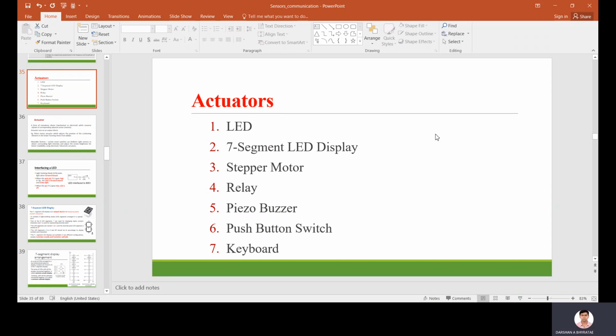The next is actuators. An actuator is an output device where it is going to convert electrical or mechanical energy into a physical quantity. Actuator is where it is going to convert your electrical energy into a physical quantity or mechanical energy. Examples for your actuator are